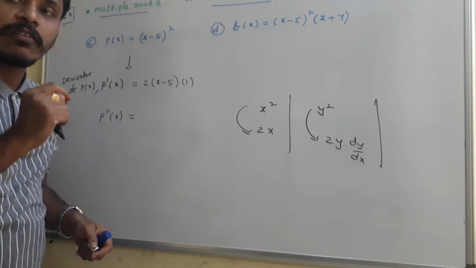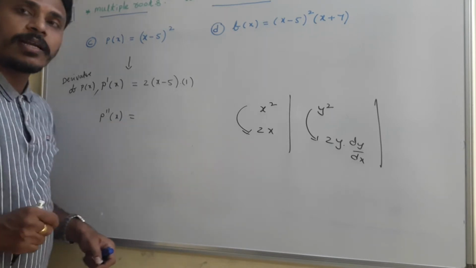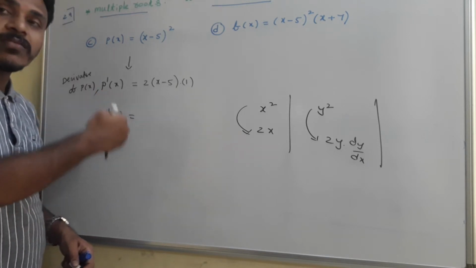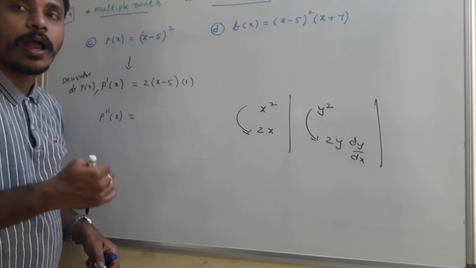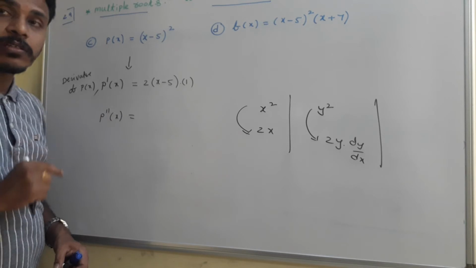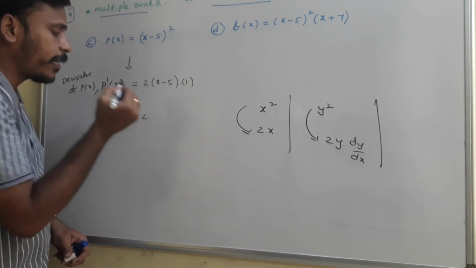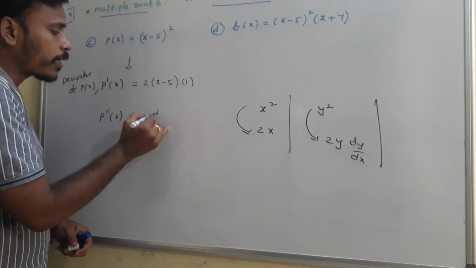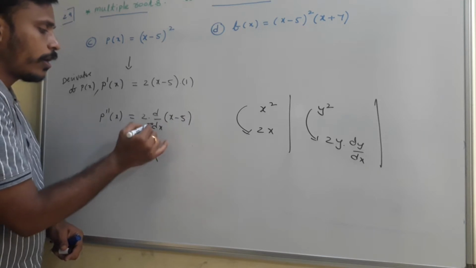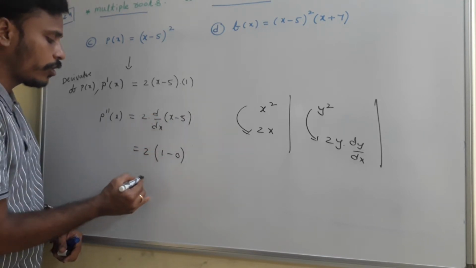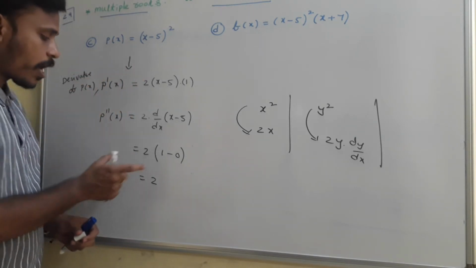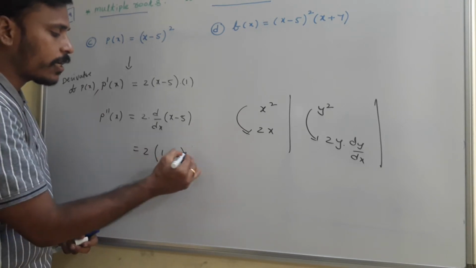This is the polynomial. This is p dash of x. We call it the first derivative of the polynomial. This is p double dash of x. We call it the second derivative of the polynomial. Likewise, we can list the third derivative, fourth derivative, and so on. So p dash of x is 2 into x minus 5. P double dash of x is 2 into the derivative of x minus 5, that is 2 into d by dx of x minus 5. The derivative of x is 1 and for the constant it is 0. This equals 2. So I will write p double dash of x directly as 2.